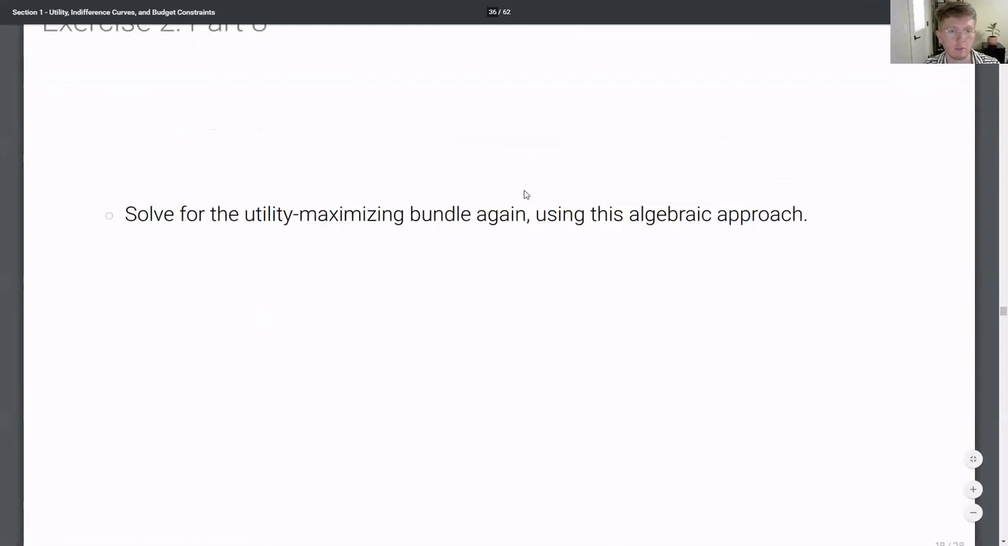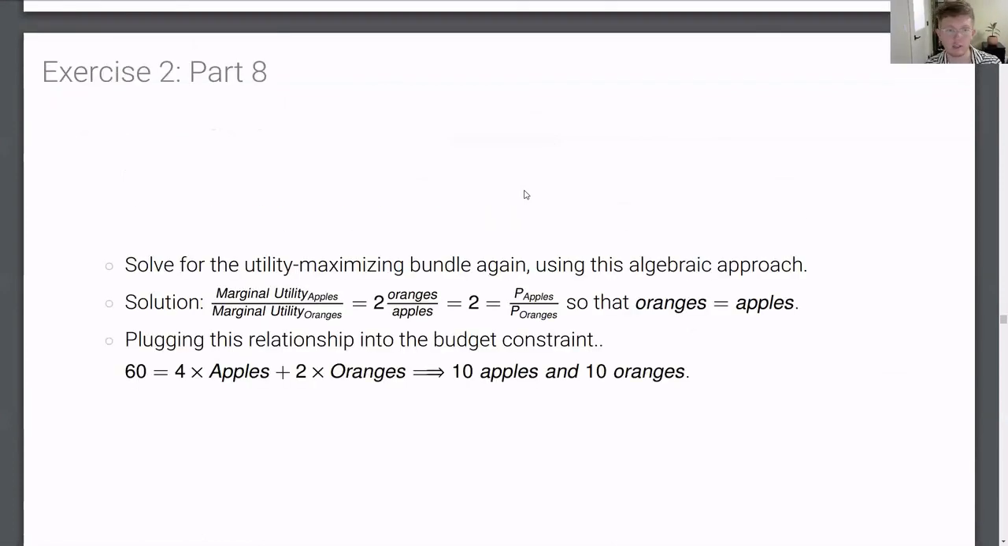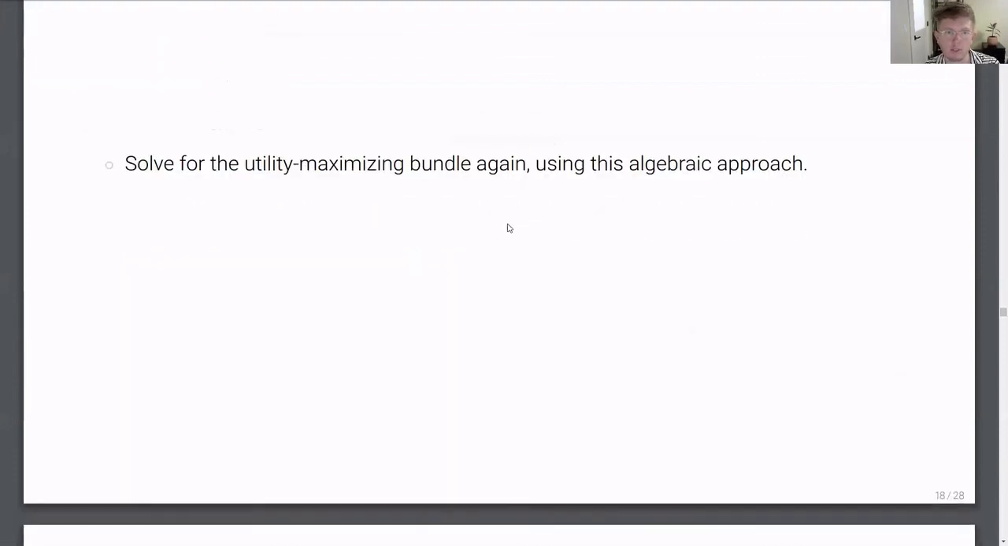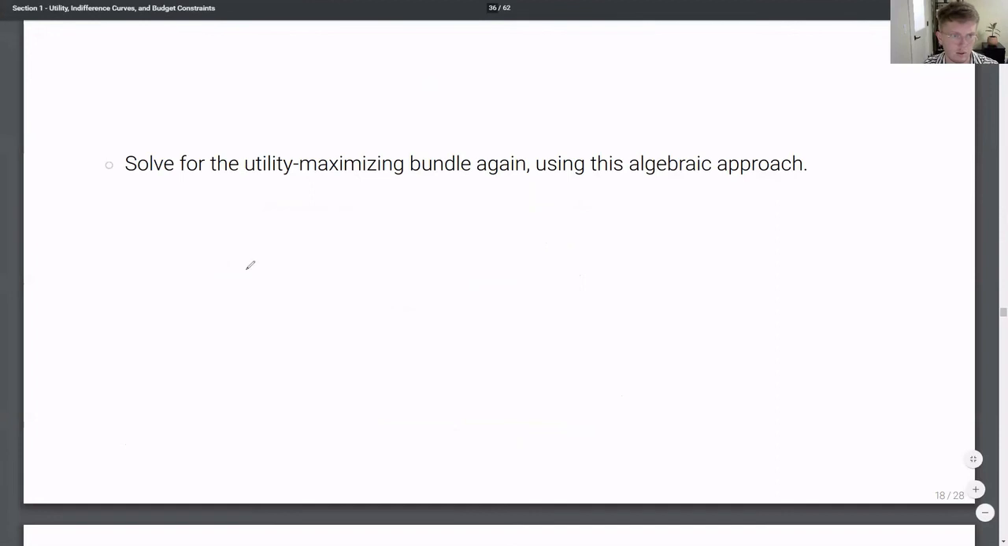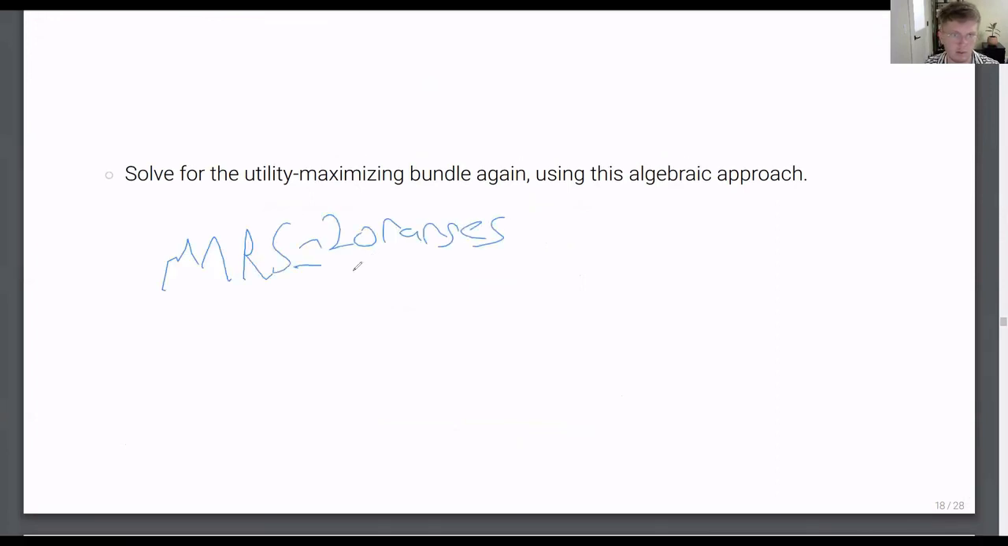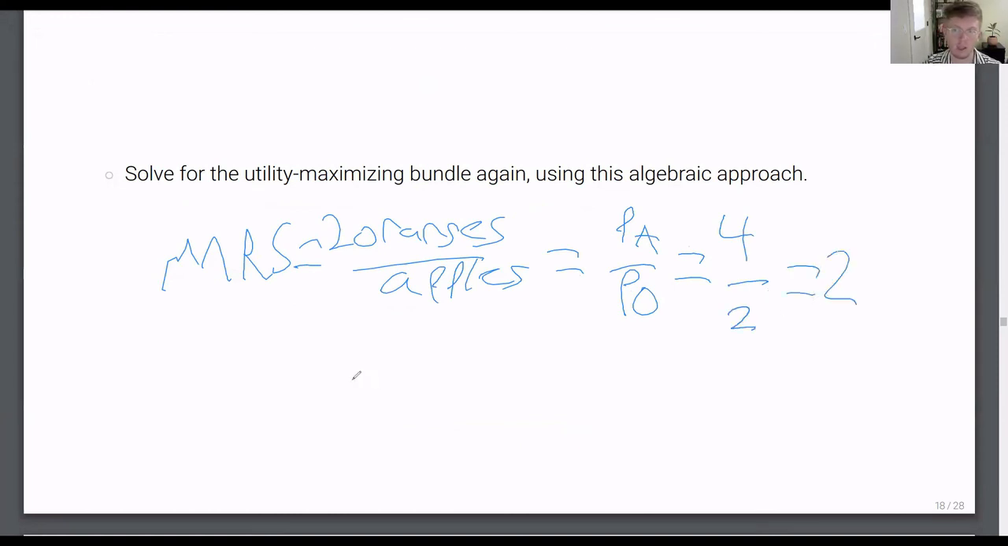So in part 8, we're going to solve for the utility maximizing bundle again using this algebraic approach. How are we going to do this? We're going to use this rule: the MRS, which is 2 oranges over apples, has to be equal to the price of apples over the price of oranges. Recall that the price of apples is 4 and the price of oranges is 2, so this is 2. If we divide both sides by 2, we get that oranges over apples is equal to 1, implying that we should consume